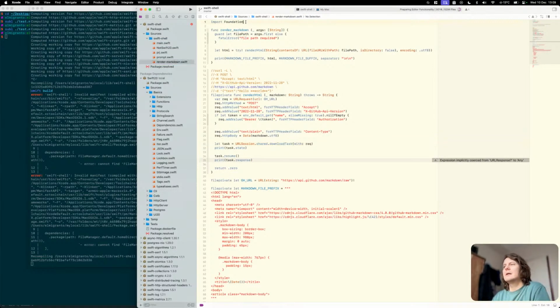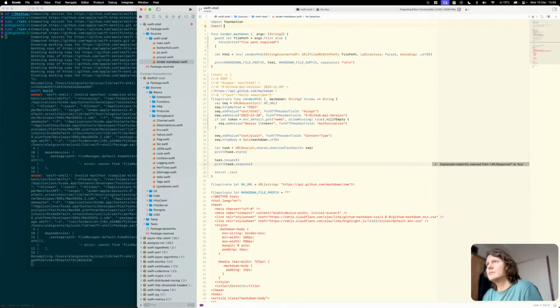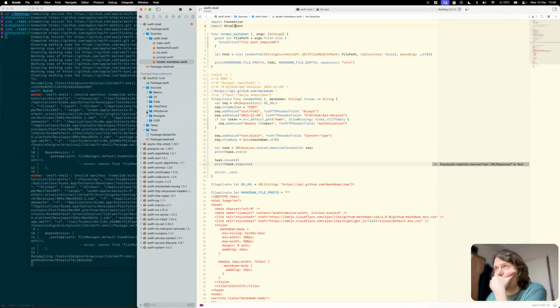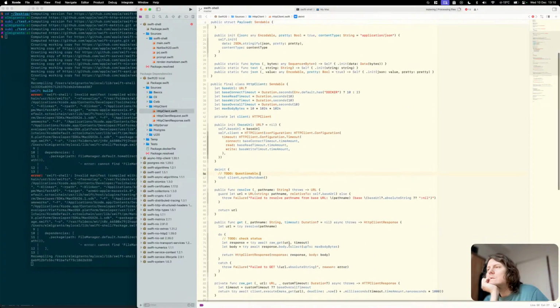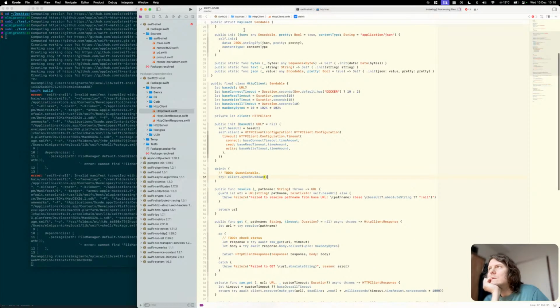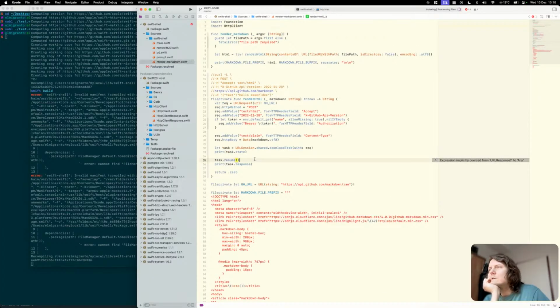Then in here, I can import HTTP client. Oh, and try using it. Okay, so